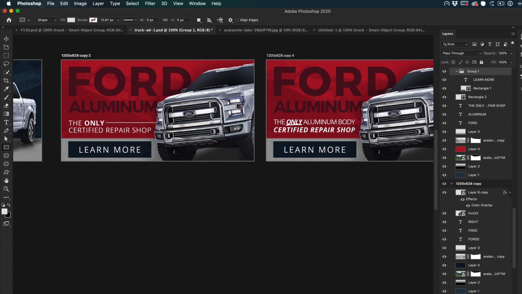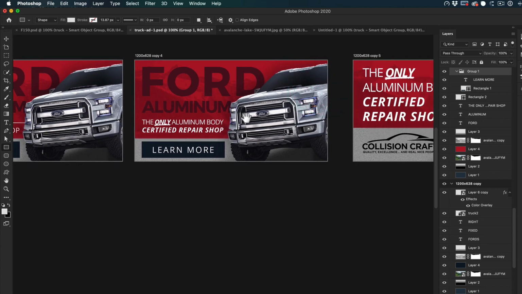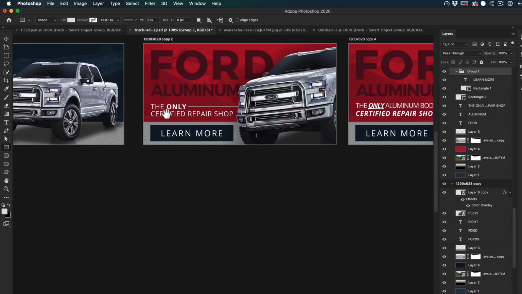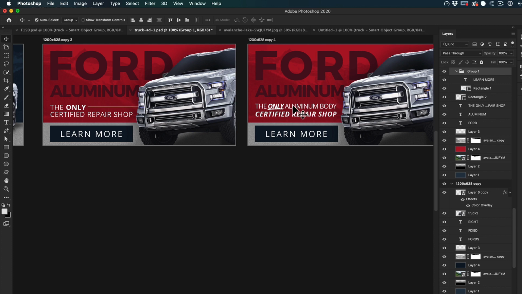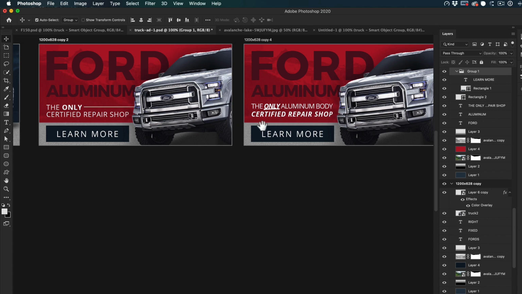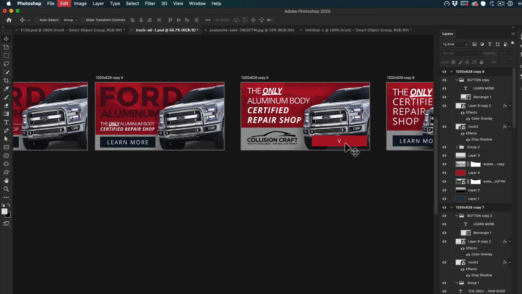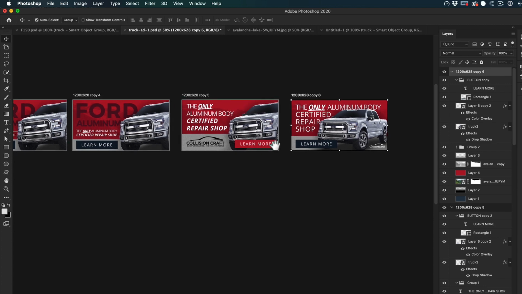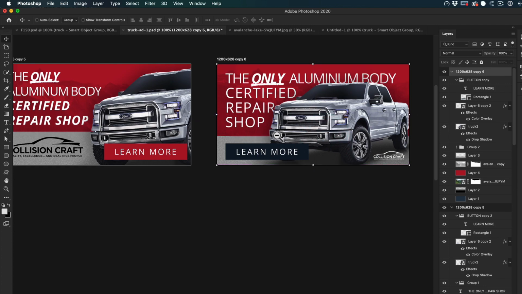So right now we're just trying to get pieces in place here. You can see I'm playing with different layouts, different messaging. In this case, working on the exact words. Here it's "only certified repair shop," whereas this one is "only aluminum body certified repair shop." So it starts to get more and more wordy. Oops, I messed up a button here. Anyway, I'm just trying to get some real quick ideas for the layout and exploring,